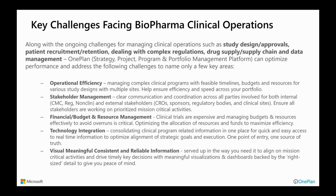Some of the key challenges facing biopharma and clinical operations, along with the ongoing challenges of managing things like study design and approvals, patient recruitment and retention, dealing with complex regulations, drug supply, supply chain, and data management. OnePlan, being a strategy, project, program, and portfolio management platform, can help optimize performance and address the following key challenges, only to name a few, but for example, operational efficiency, managing complex clinical programs with feasible timelines and budgets and